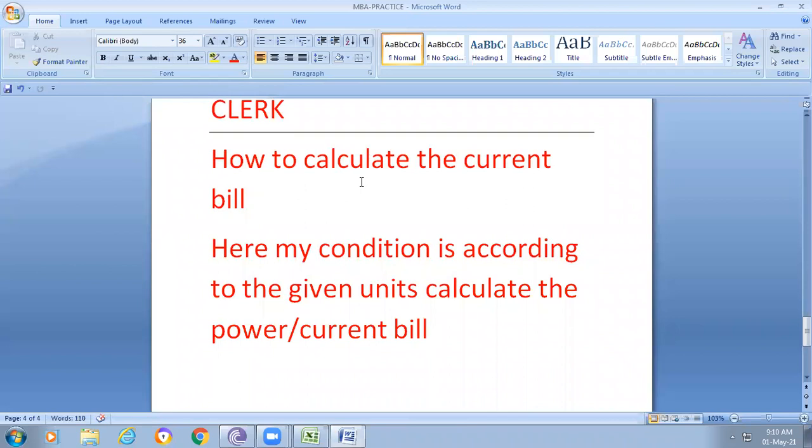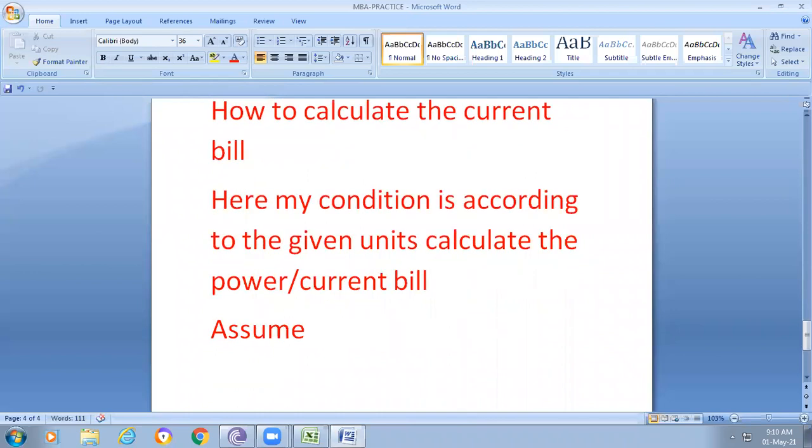For example, I assume if the units are 0 to 100, then the price is, maybe, I assume the price list is like below.